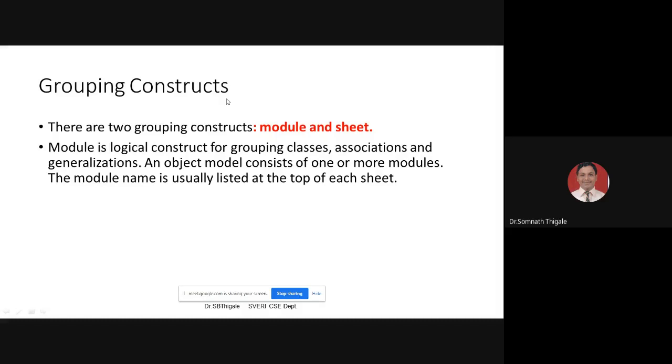So that can be done either in terms of a module or with the help of a sheet. A module is nothing but the parts. These are the logical parts of your project. We are calling them modules. मग आपण मॉड्यूल्स वेगवेगळे तयार करू शकतो आणि त्या मॉड्यूल्स मध्ये आपण काही रिलेशनशिप डिफाइन करून ते मॉड्यूल आपण रिप्रेझेंट करू शकतो, किंवा डायरेक्टली we can represent it in terms of a simple package.